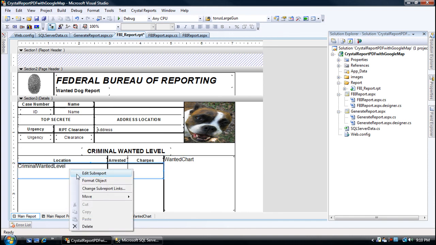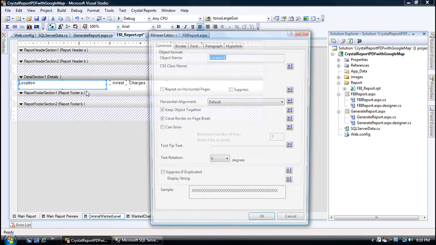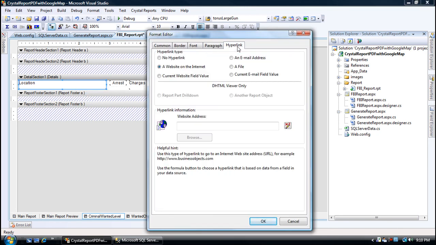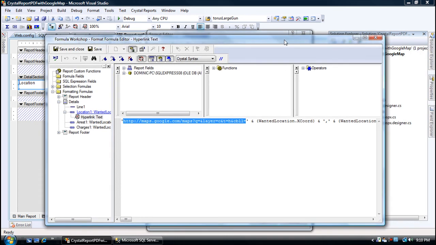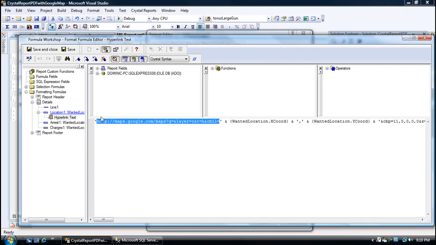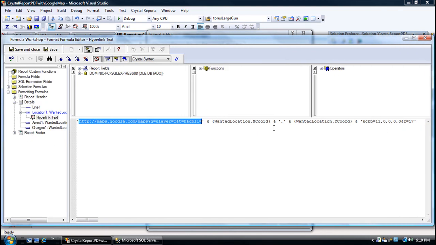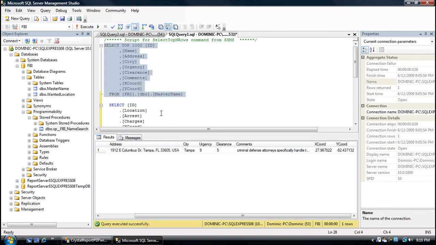This is a sub-report, by the way. The pie chart was a sub-report also. Here's a sub-report. There's the location, so it's the wanted location data. I click Hyperlink, and then I click the little function button, and then this pops up. You need that URL right there, and then your X, and then your Y, and then you see that CBP 11. That's telling it you want half street view, half map view, and there are other parameters you can pass in. There's a Z parameter at the end for